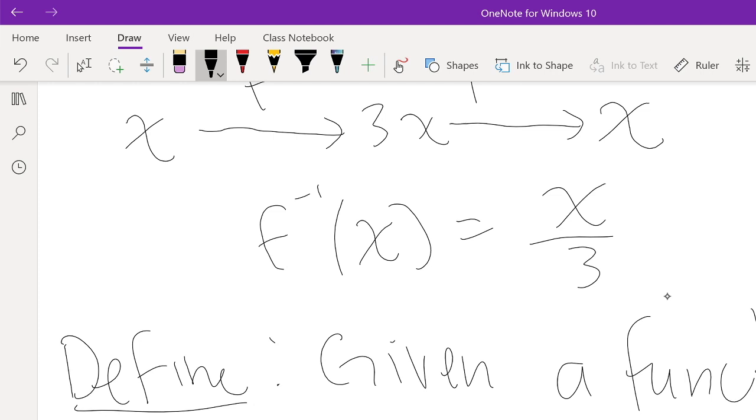Not all functions are guaranteed to have an inverse, and we'll talk in a second about the conditions that need to be met for the existence of an inverse. If it exists, it is a function f inverse such that